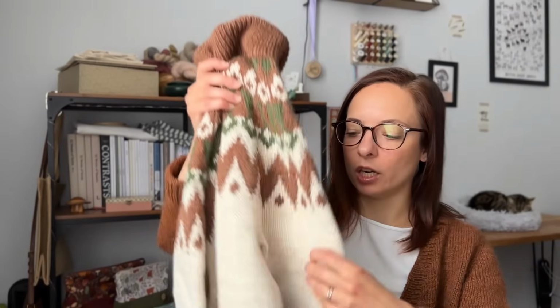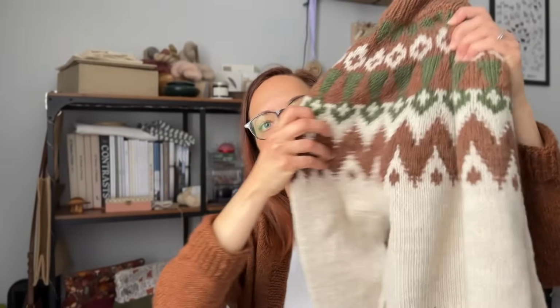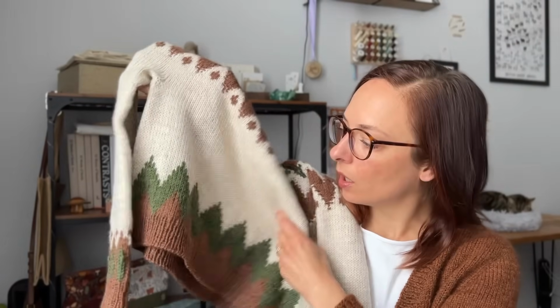I used a combination of stranded colorwork, the most common one, and a little bit of ladder back jacquard. Maybe if I show you at the bottom, it's easier. Oop. Oh, there's a cat whisker. Here you can see there's a lot of stitches, and you would have to catch your floats on a few